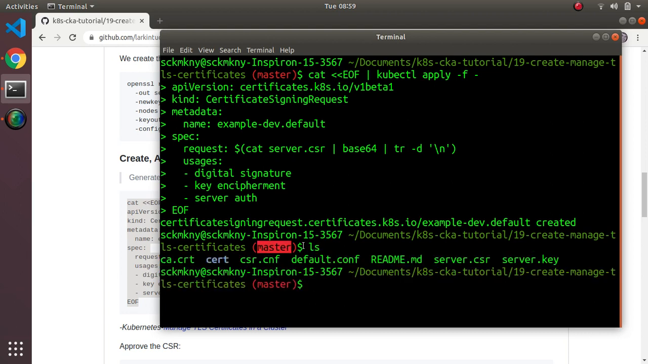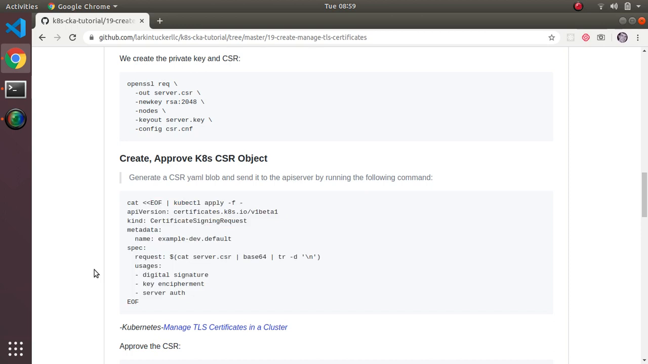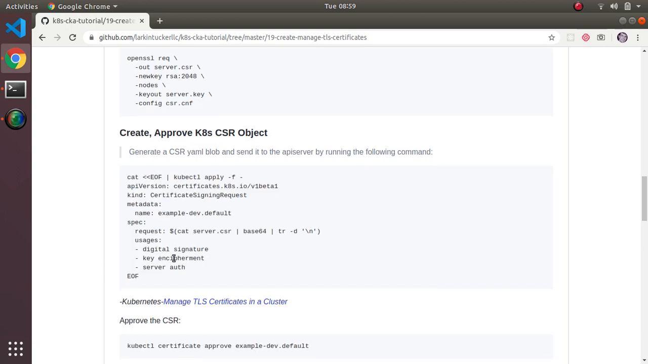Okay, and if I got this right, there should be, this actually is kube, so kubectl get csr, I believe it's called. Right, so there's my example dev. It's pending, right? Example dev default. So now I've got to approve it, and